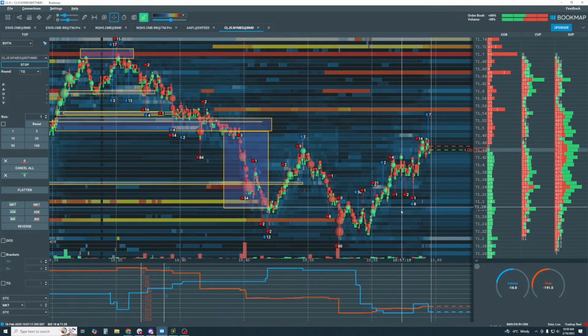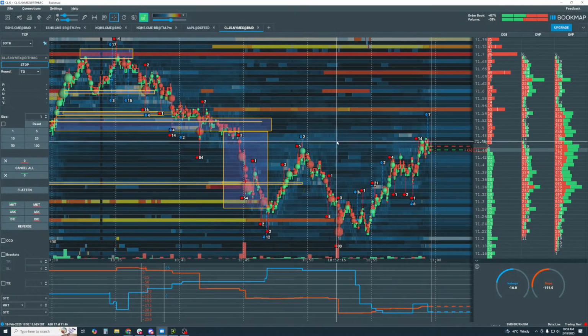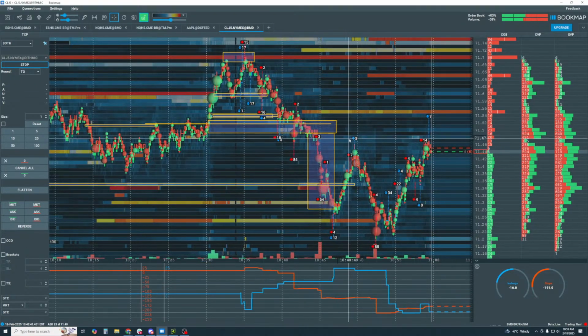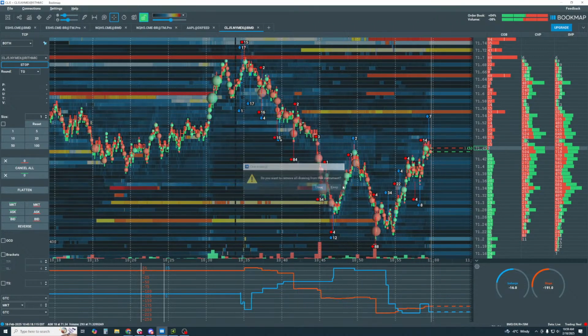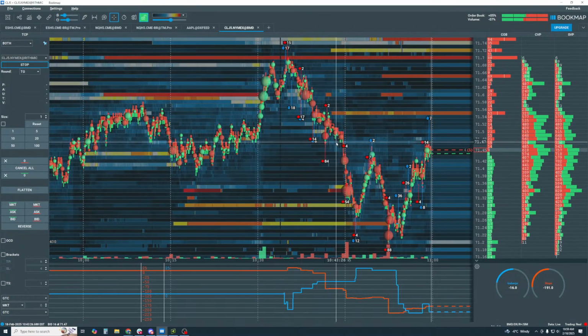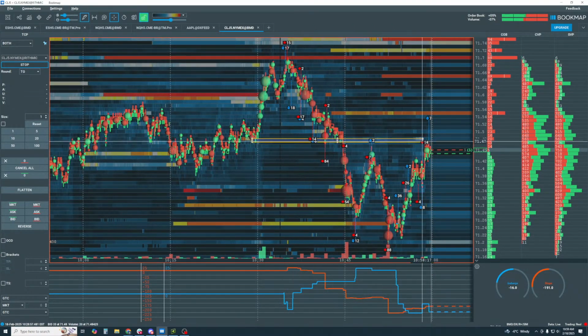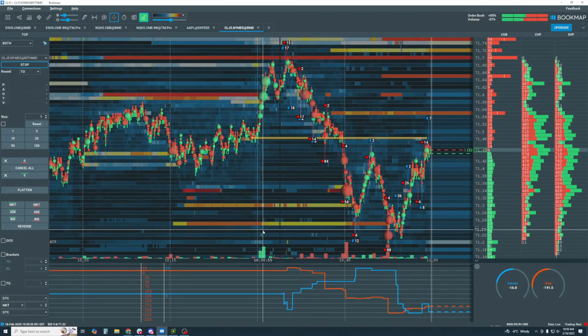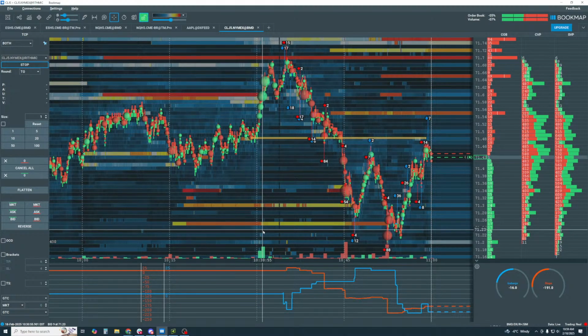Let's also take a look at the context of stops and icebergs in all of this here. And let me clear my chart here. It's kind of messy, but we know this is the area of interest here, right in here. Okay, so it's actually somewhere around 71.50. Can we get buyers above it? Okay, let's look at stops and icebergs.